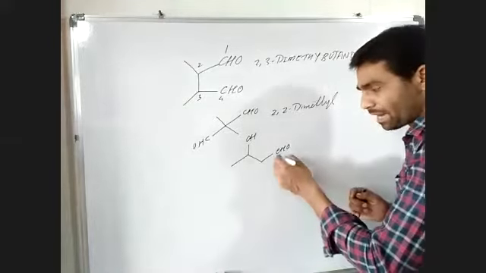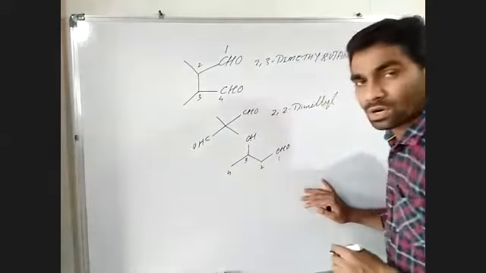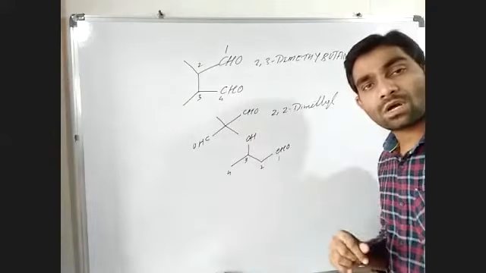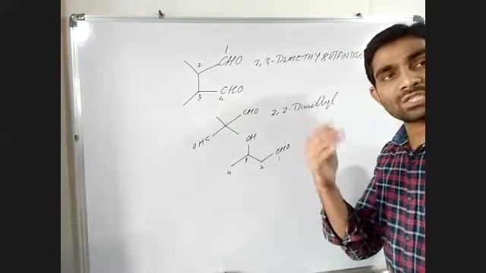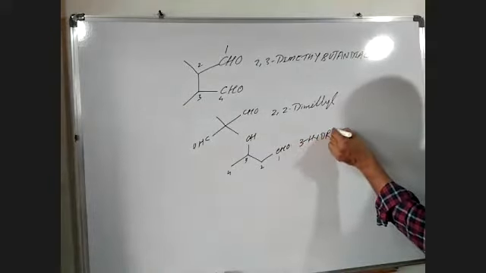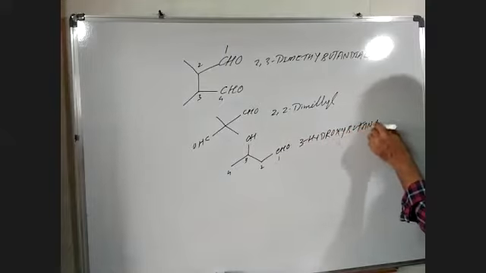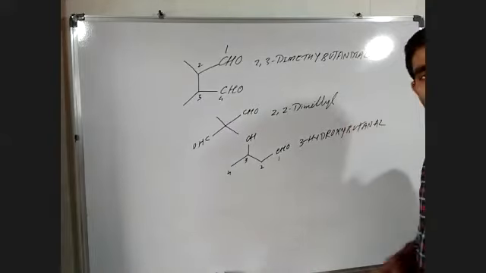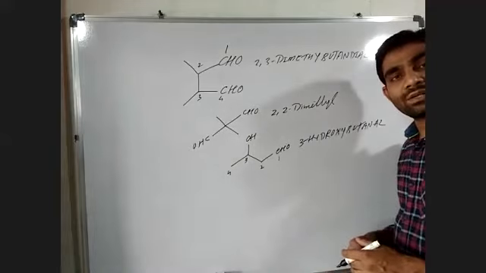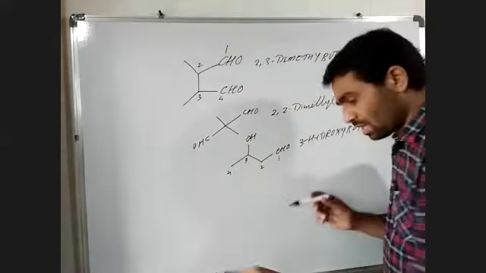So no need to worry about it. Aldehyde always takes priority number 1. This goes to 3, 4. This third carbon has the hydroxy group. Hydroxy will be the name. So that's correct, 3-hydroxybutanal. 3-hydroxybutanal is the true name for this compound. So hope you got this right. Let us go for another example.